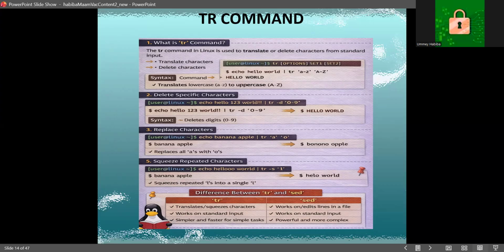Another important feature of the tr command is deleting unwanted characters using the -d option. Now, this is already mentioned here. Unwanted characters, like you just write echo hello 123 world using the pipe sign, then tr -d 0 to 9. This is used for deleting digits 0 to 9. With this option, specific characters can be removed from the input text. For example, as I already mentioned here, tr -d 0 to 9